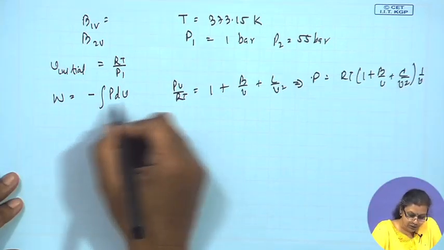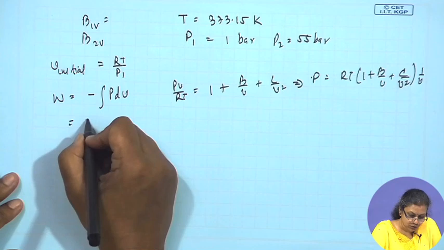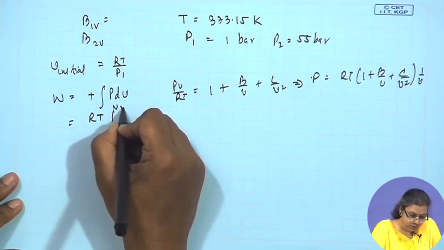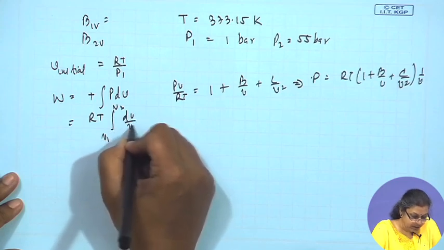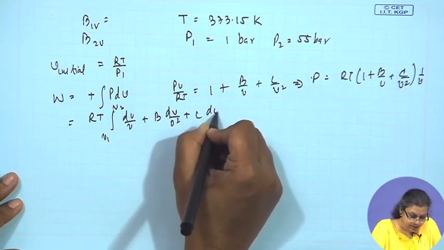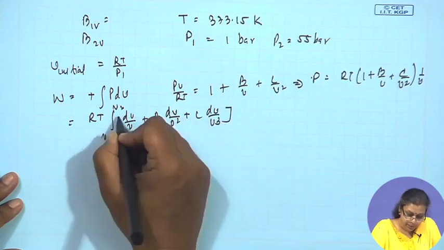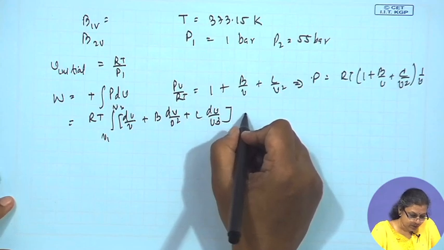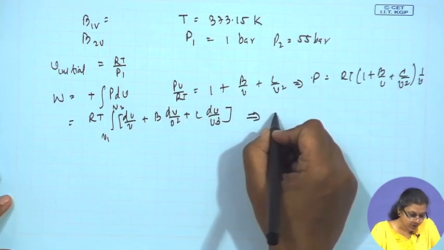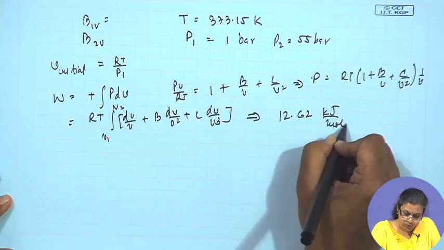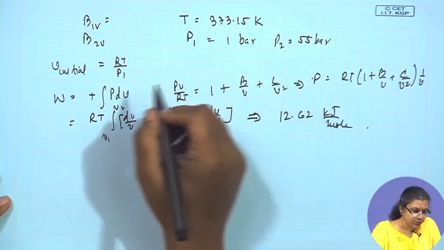So, therefore, we are going to substitute it here, we are going to get this as RT integral V1 to V2 dV by V plus B dV by V square plus C dV by V cube into this equation, from where we get the work done as 12.62 kilojoules per mole,